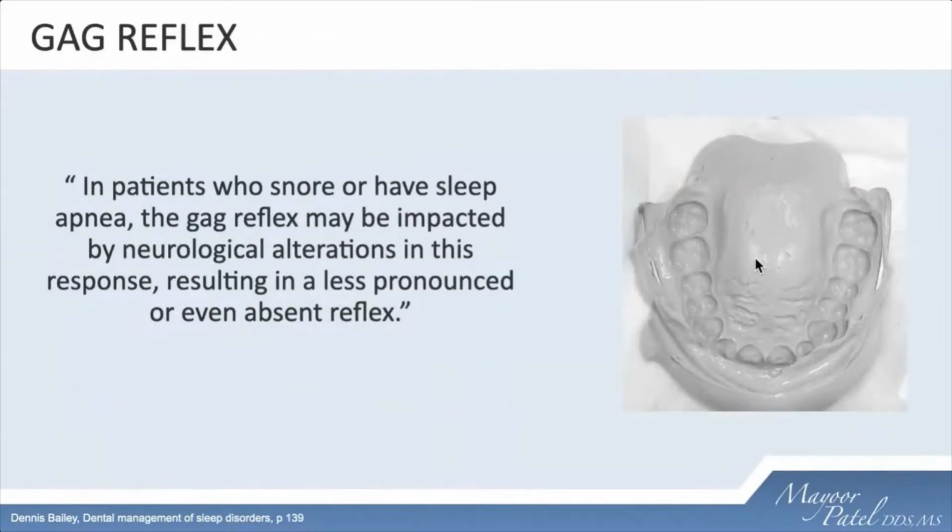If you picture this for a moment, when you're snoring, the soft palate batters, similar to you banging your hand up against the table. After a period of time, your hand will probably go numb. In this instance, what you'll find in some of these patients, if they have a loss of gag reflex, there's no neurological reason to explain it. You want to maybe explore the fact that, what's their snoring history like? Are they very loud, very aggressive? Because the soft palate, by it flattening and therefore diaphragmating, may lose that reflex and as a result, not have an intact gag reflex. So when you have impressions where you get a lot of material and the patient does not really gag, you need to question those patients.